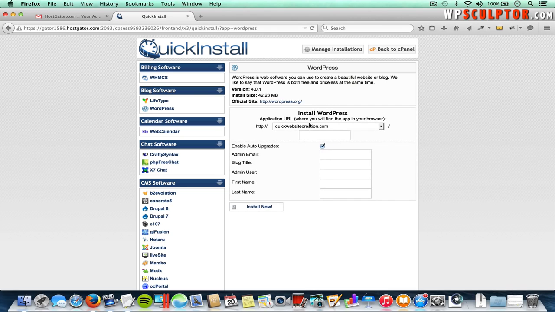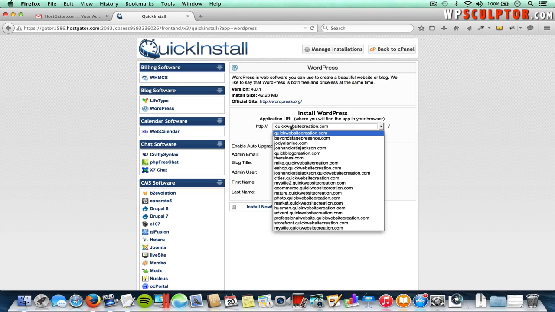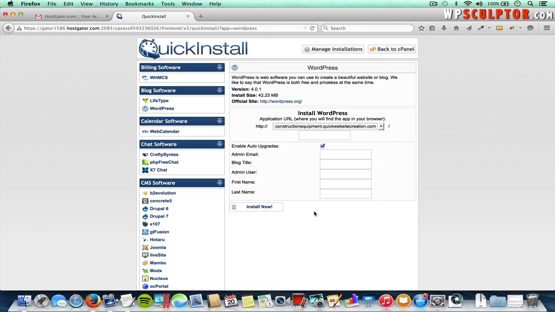And again, you should only have your domain here, and that's definitely what you want to choose, but I'm going to use a subdomain that I've already set up, and that's going to be constructionequipment.quickwebsitecreation.com. So I'm going to find that and select that domain, that subdomain, and then leave this blank, and I'm going to go ahead and uncheck Enable Auto Upgrades, and then you need to put in an email,